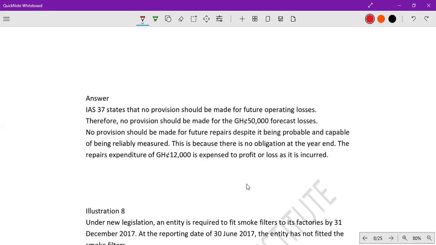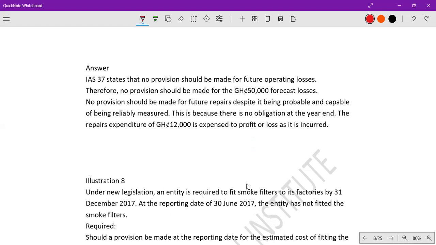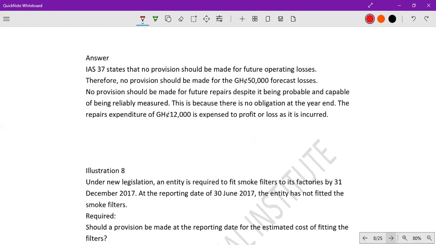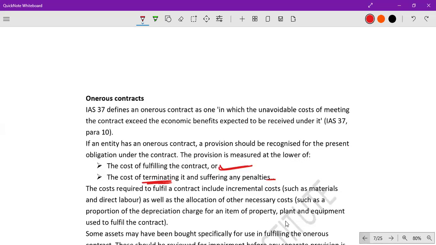Hello, sir, Desmond Bosu? Please, can you give an example of an onerous contract? Like an example. Any contract that you enter into that will give you a loss. So it means that when you continue to do it, you will run at a loss. So is there any